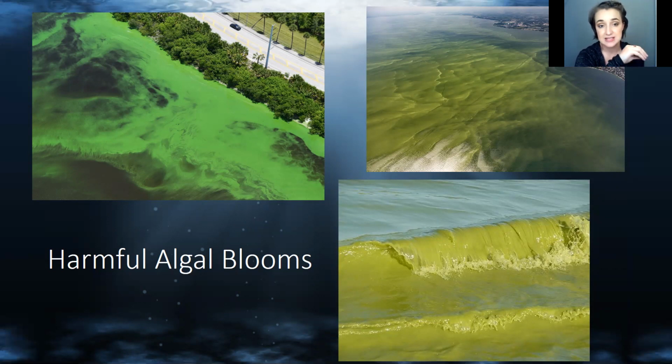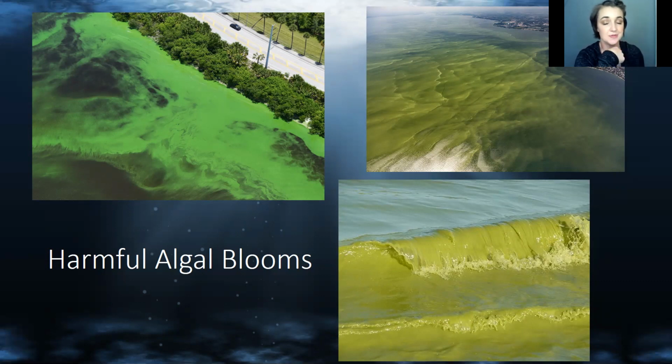Now, the problem with this is not only does it turn the water a gross color, but it is also going to cover the top of the water. So any sunlight that hits our ocean is not going to get past this blanket, essentially, of dinoflagellates. So if you have seaweed on the bottom of the ocean under this blanket, it's all pretty much going to die because sunlight is not able to reach the seaweed and they're not able to perform photosynthesis and essentially feed themselves,